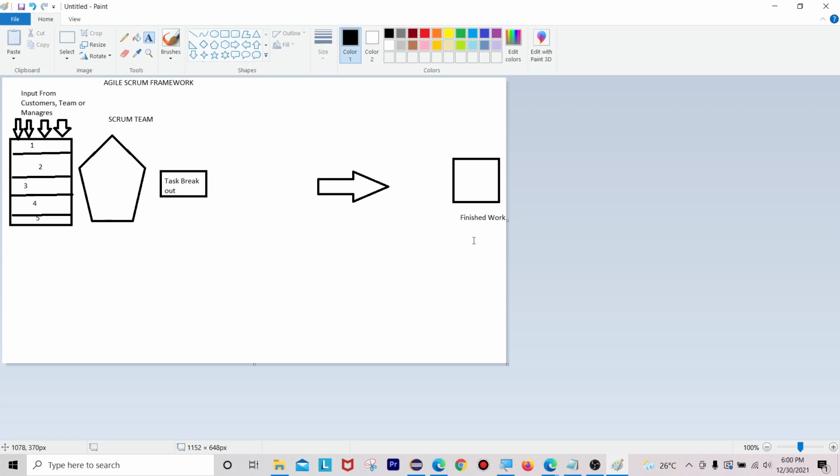Okay, so here this one is Scrum team, and here also one Scrum master will be available. I will tell you in a clear way. Please wait for some time until I design this one. Okay, from task breakout to